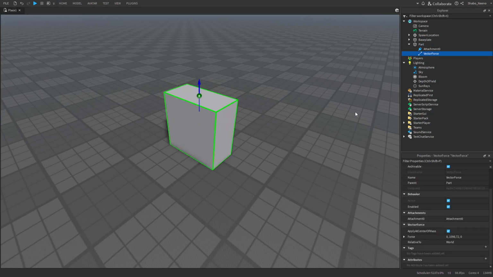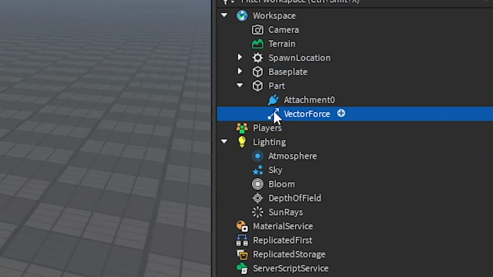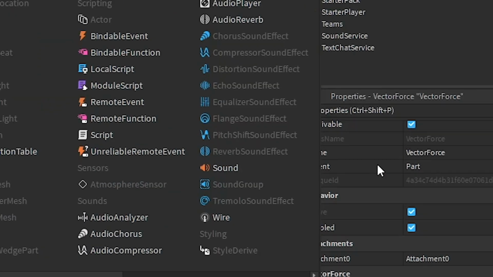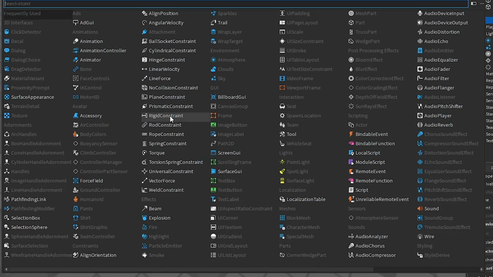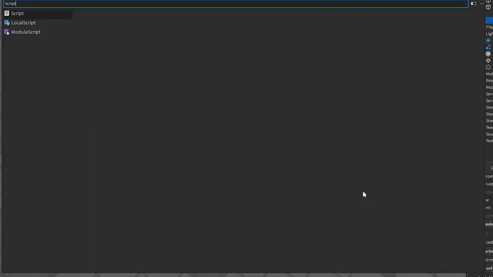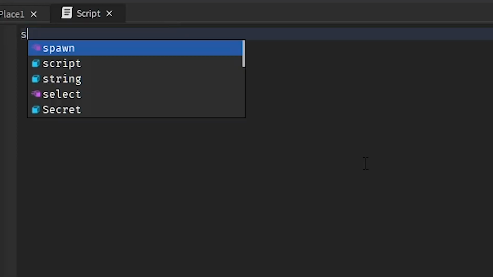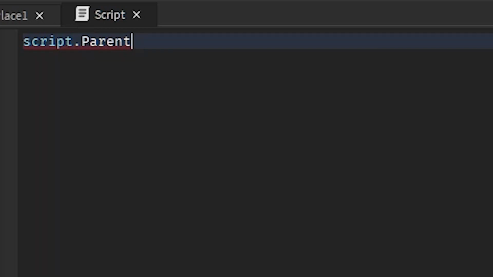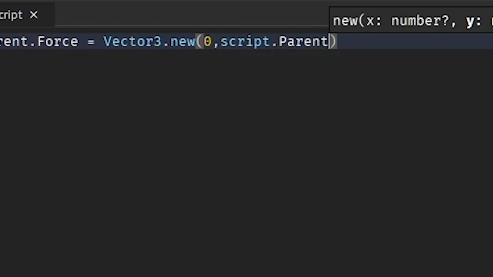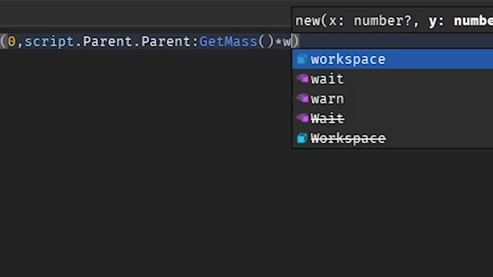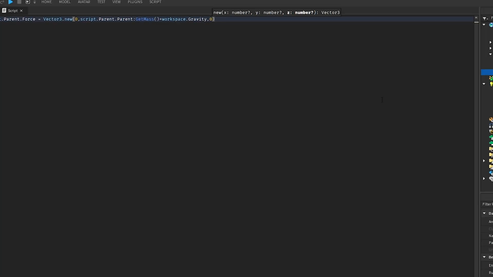But instead of doing that, we're just going to make a script. So let's right click VectorForce, insert object, and then we're going to insert a script. It should be here, or you can type it in. And then we can easily do this with just one line of code. So script.Parent, which is the VectorForce, .Force equals Vector3.new, and then script.Parent:GetMass() times workspace.Gravity, and then it'll automatically adjust